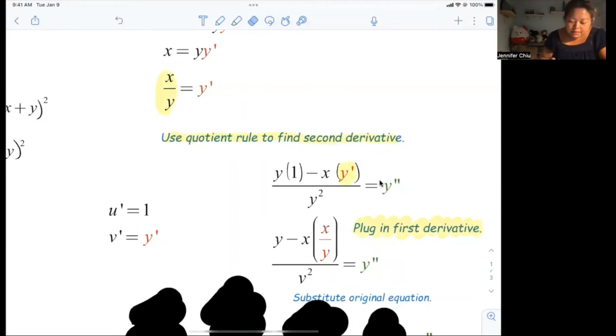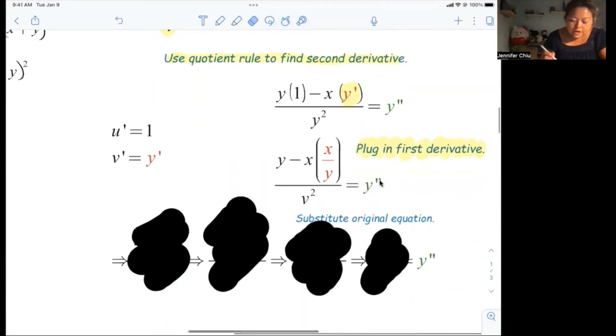So I'm going to clean that up. I'm going to put that in, right? And you're going to clean this up as much as you can. And I'm sorry, there's a missing here. This is a y, not v. This is a y squared here, okay? All right, so I'm going to clean this up as much as I can